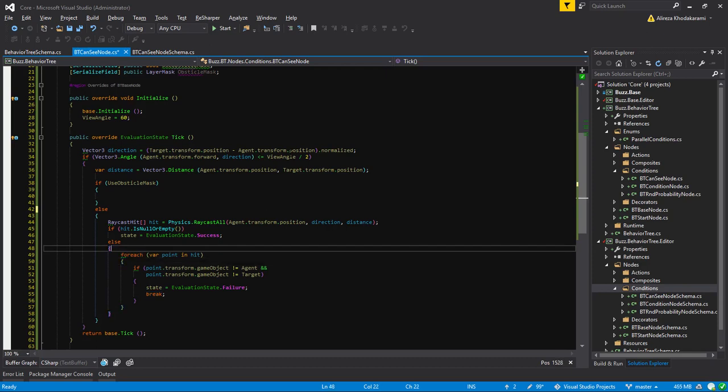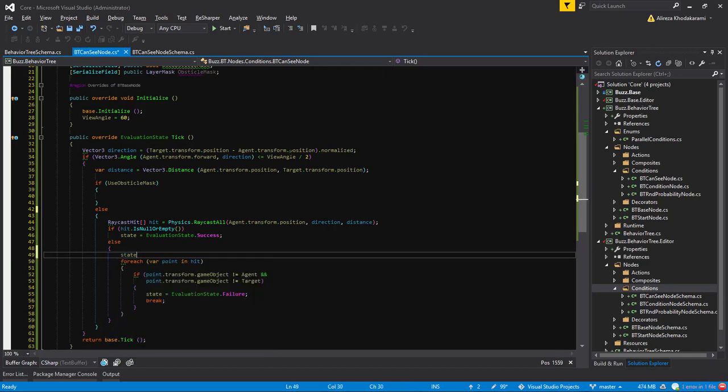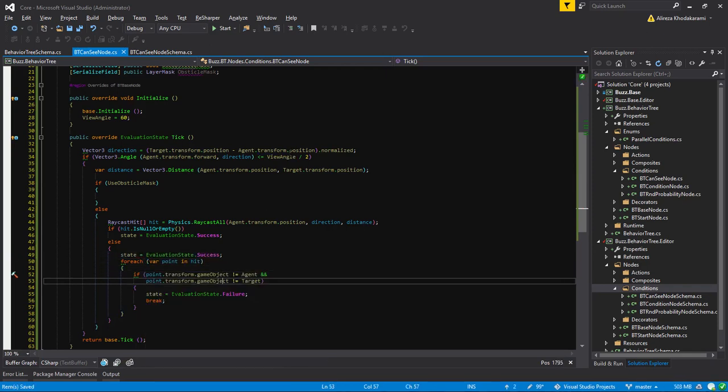So we set the state to be equal to success. If we aren't hitting something there, then failure, break, go down. Okay? So if we are using an obstacle mask, then we say if